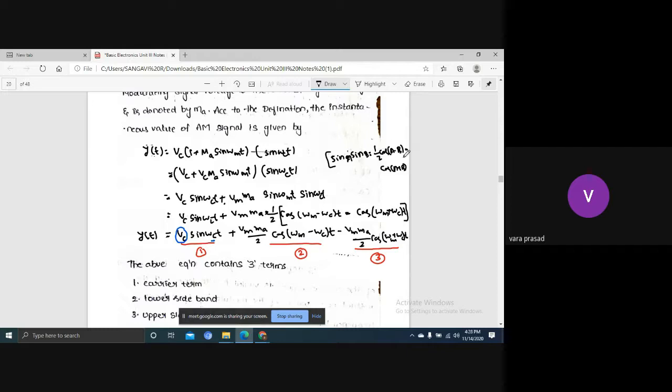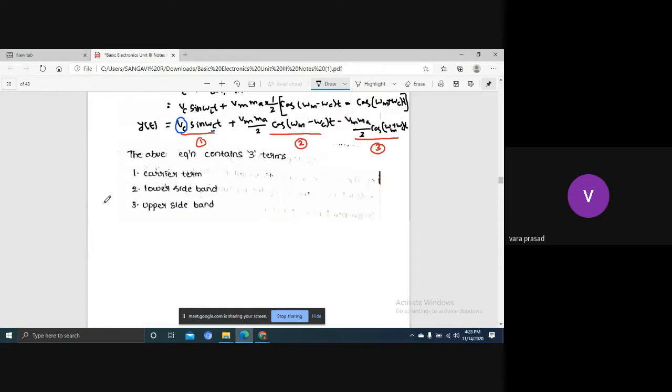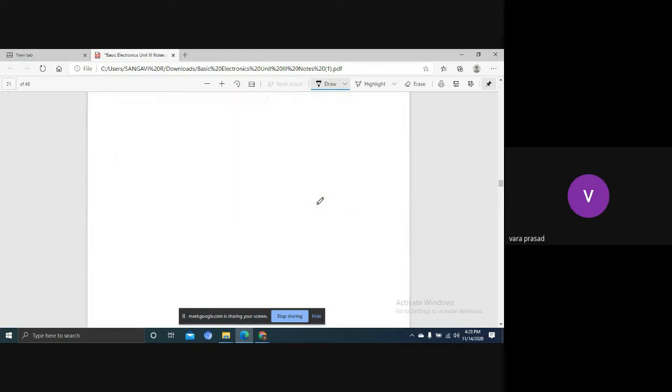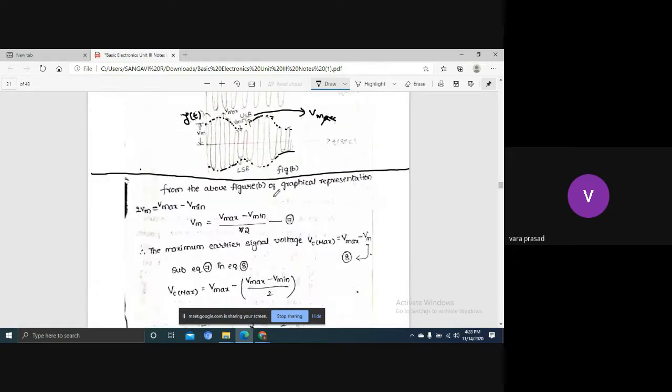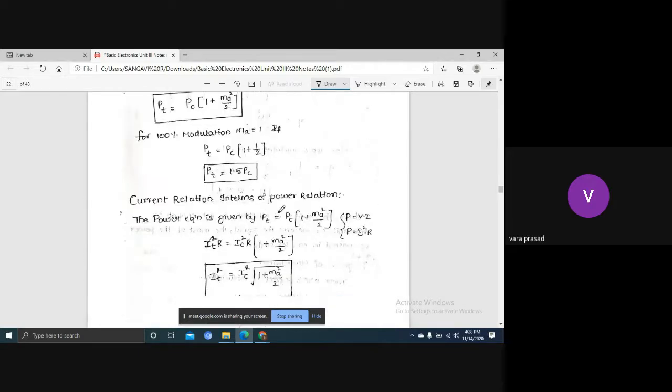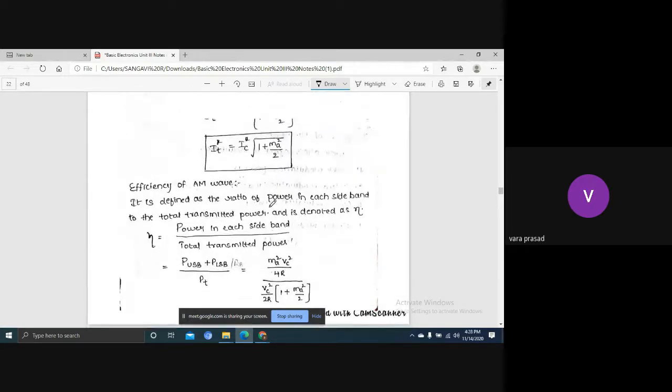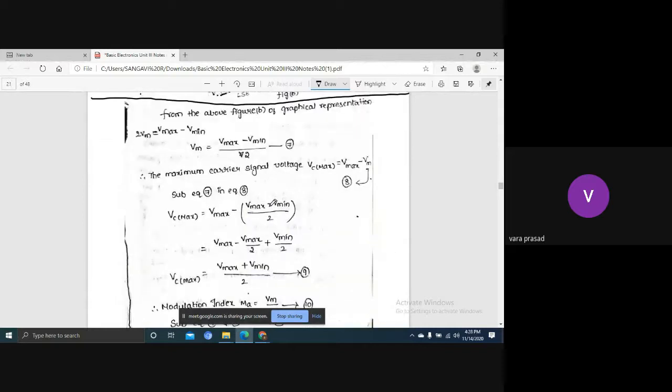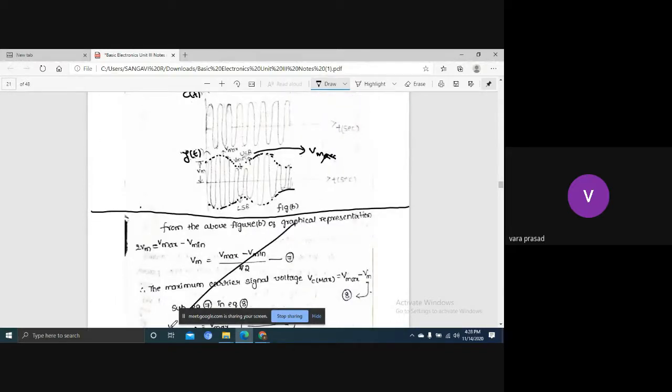Okay, 1 by 2. Actually, cos of a minus b minus cos of a plus b is equal to 2 into sin a sin b. This is the reverse. Okay, and up to here, the diagram is important. Up to here you can note down. If they ask amplitude modulation, these are power. These all you don't want.